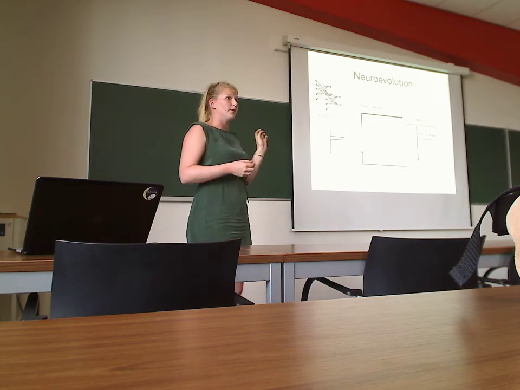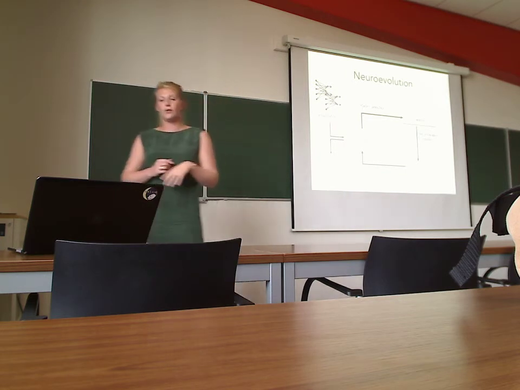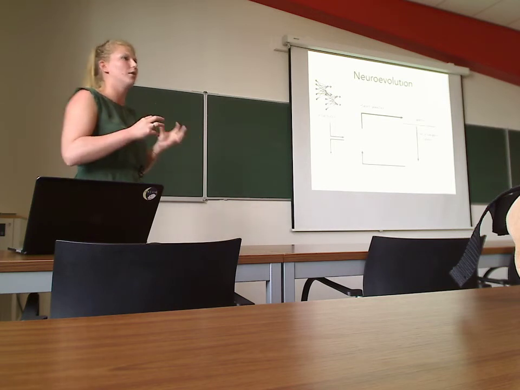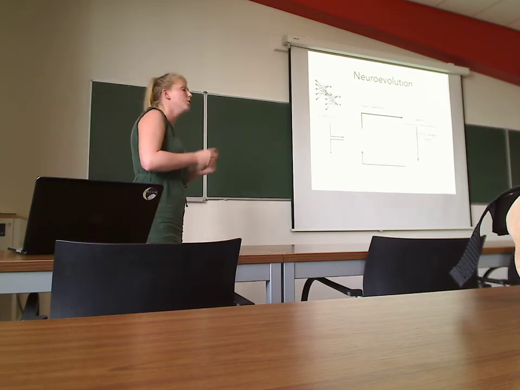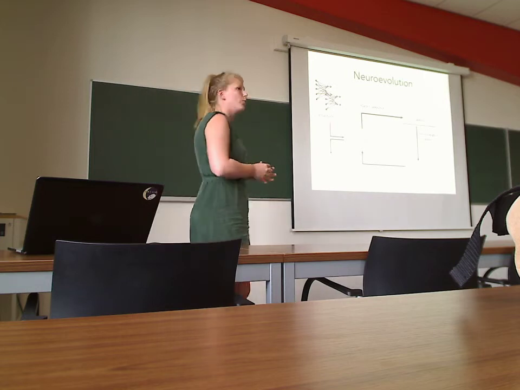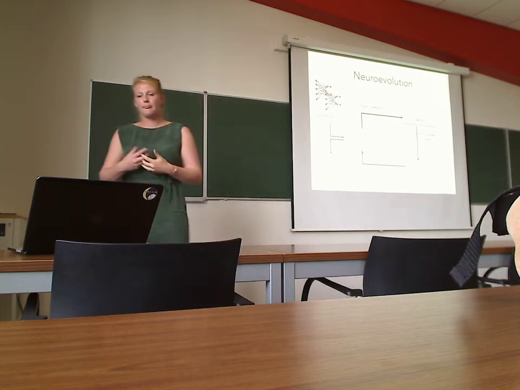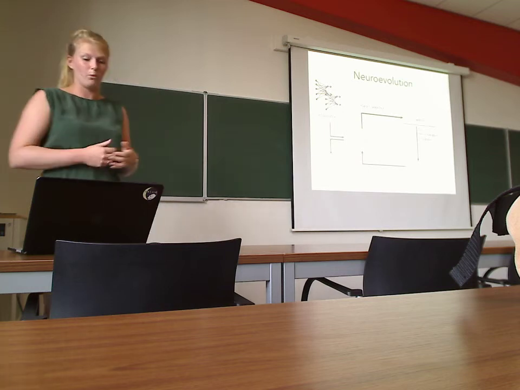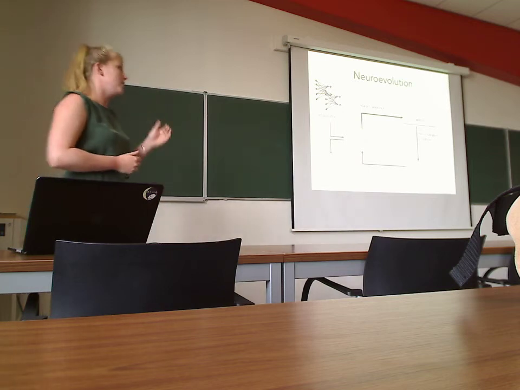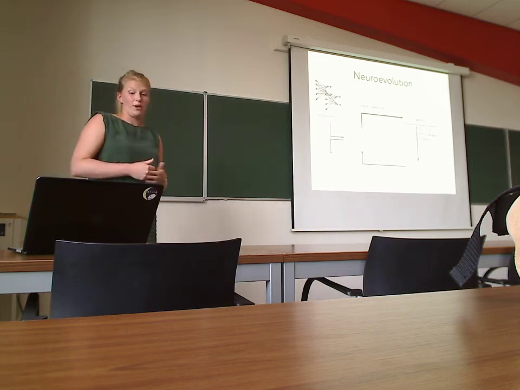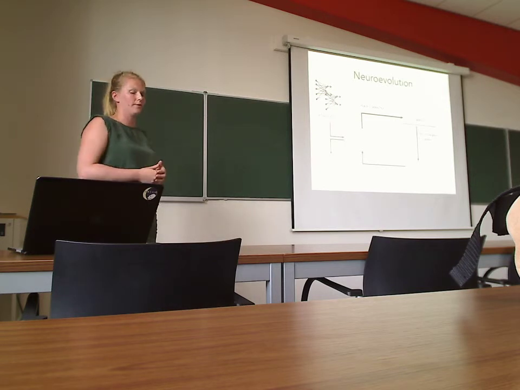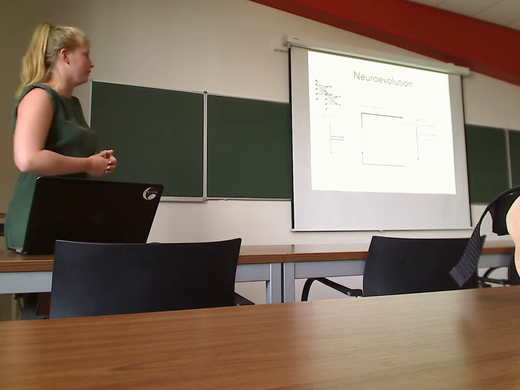When you have those parents, you recombine these weights and topologies in a smart way, because they can have different topologies, so NEAT helps you to ensure that you have a good recombination method. You can apply some mutation, add some nodes, or change some weights extra. And then you have offspring that you reevaluate again, and in our case, we replace the whole population with the offspring. But of course, you can have different methods there too.